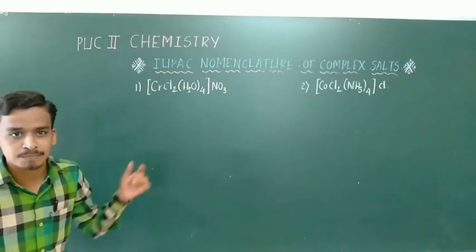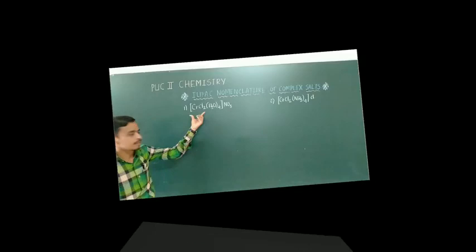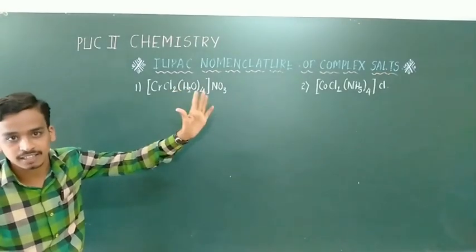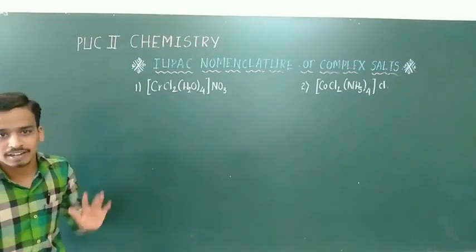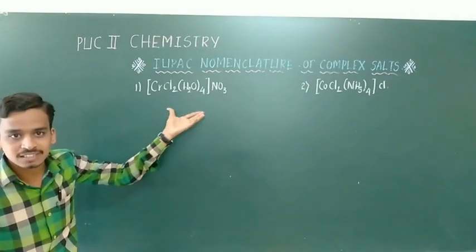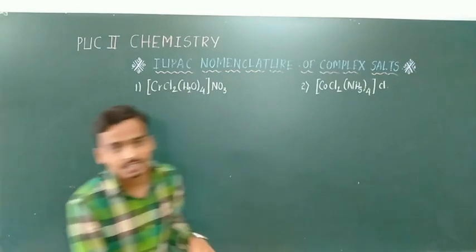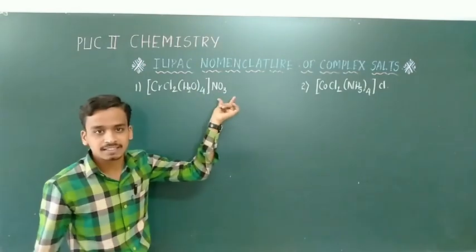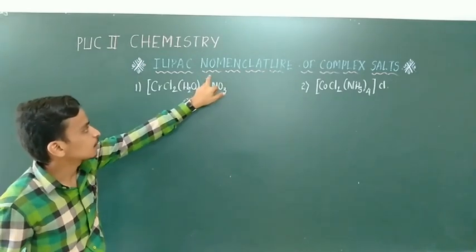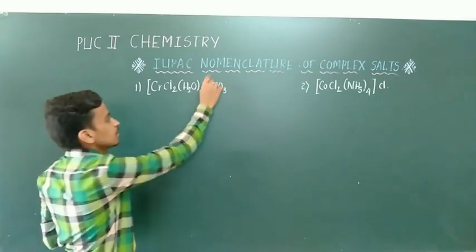Again, you are going to identify whether the complex salt is anionic or cationic. How do you identify anionic and cationic? It is a very simple rule. If the square bracket is at the beginning, that is a cationic complex. Here also the square bracket is at the beginning, therefore it is a cationic complex. Then a common ion follows, so it is a cationic complex. This means there is a positive charge on this complex ion.